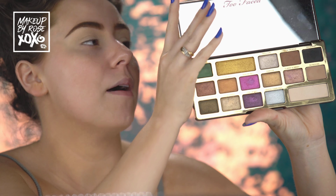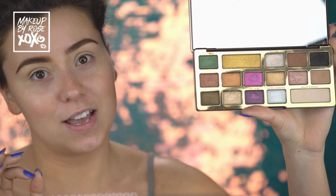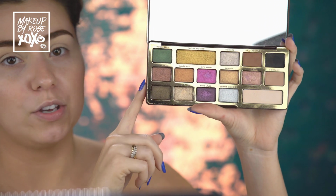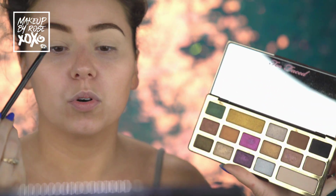I'm using one of my all-time favorite palettes, y'all. This is the Chocolate Gold palette from Toofaced, and it's absolutely incredible. I used this palette last time for the look we're going for, and I'm so happy I get to use it again. So I'm just gonna go into this shade here called Rollin' in Dough, and we're going to just set